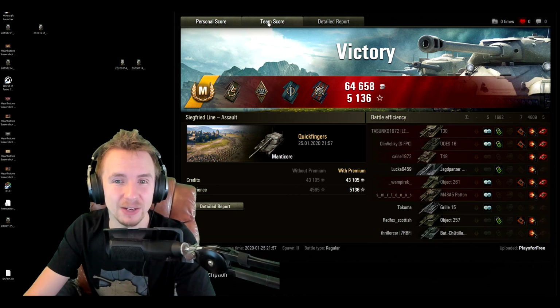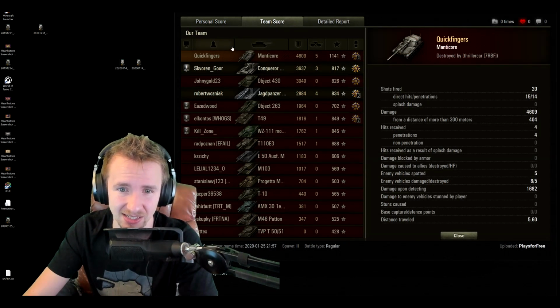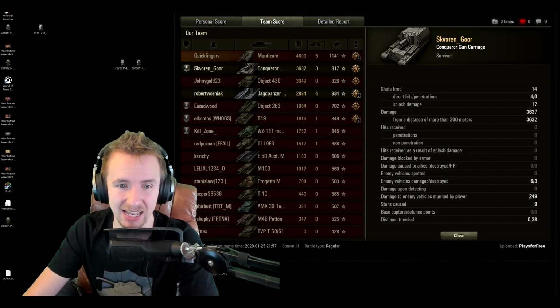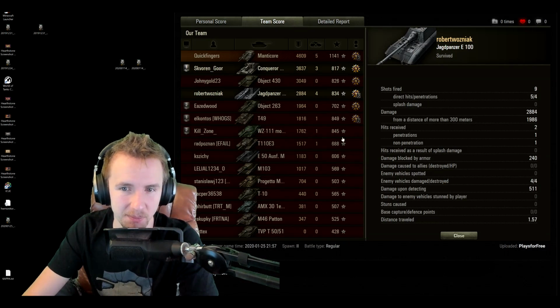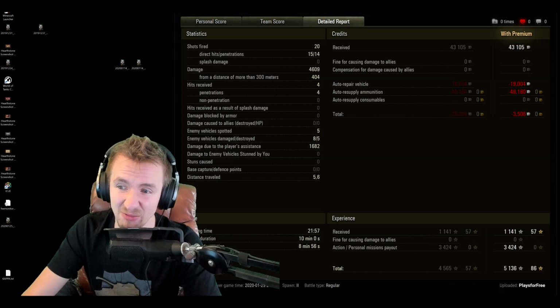So this was an ace tanker for the Manticore here, 4,600 damage dealt and 1,700 assistance. Shout out to the artillery, Skoven Gore, for being able to take that one down. And also, you know, Robert Wozniak in their Jagdpanzer, who managed to come through at the end of the game. It's always interesting when 3 players manage to take down 80% of the enemy team, but unfortunately I did lose